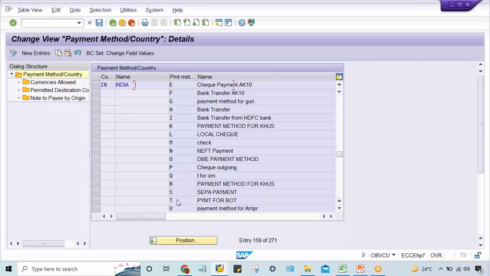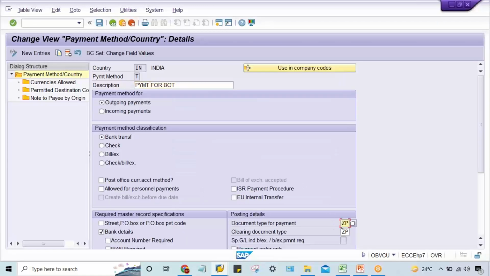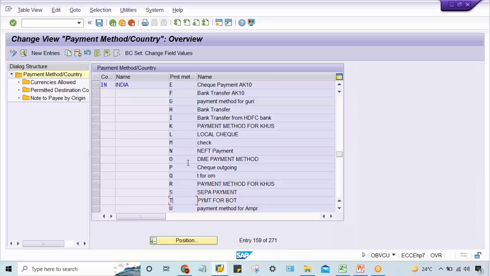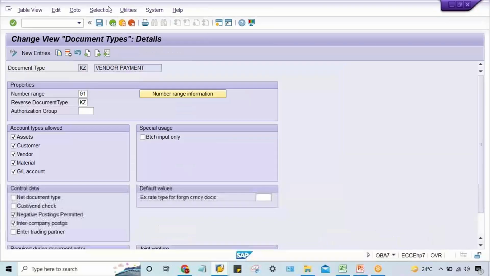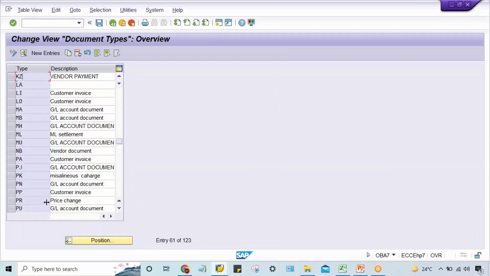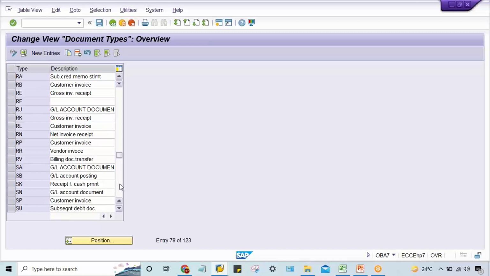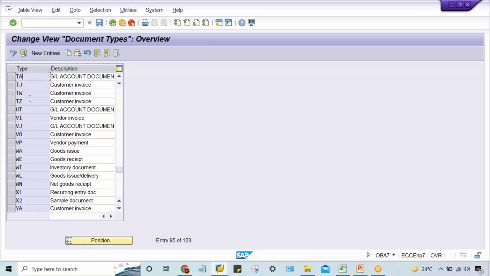Double click. So look at here. Here we are having document type. Okay. So ZP document type is coming. So what do you have to do in that case? ZP document type means you come to OB A7 here and then come down. So ZP document type, where is it? Come down